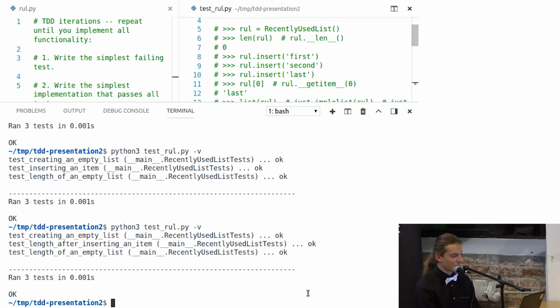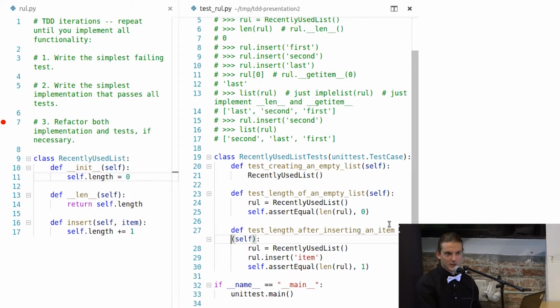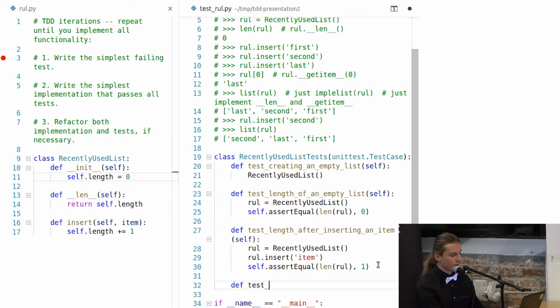So, okay, let's run tests to make sure that it works. And now, I don't think there is anything else we could improve. So we can move to the next iteration. So now, finally, we can actually test something more complicated, like maybe just test if the item is really stored. So test, just test for a moment.